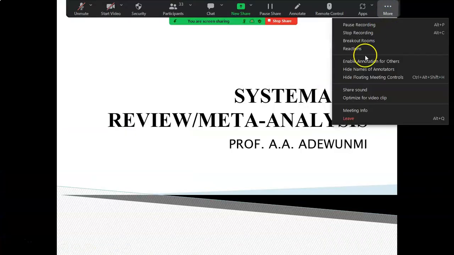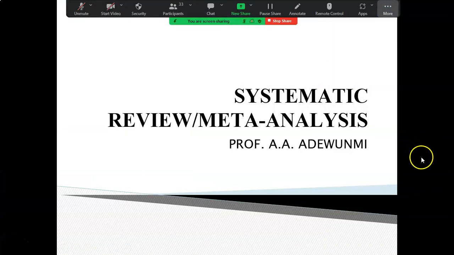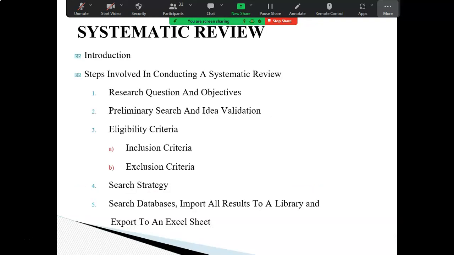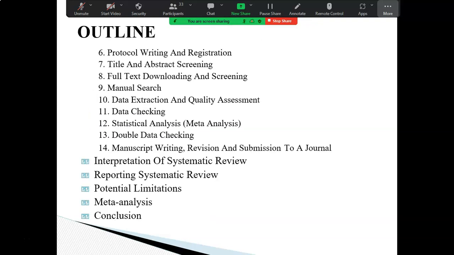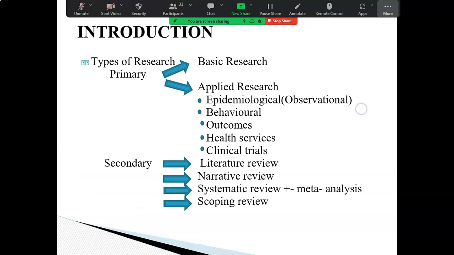So we are discussing systematic reviews and meta-analysis this evening. And I'll be using the outline on the next slide. That will be introduction, steps involved in conducting a systematic review. Next slide. Interpretation of systematic review, reporting of systematic review. So by way of introduction,